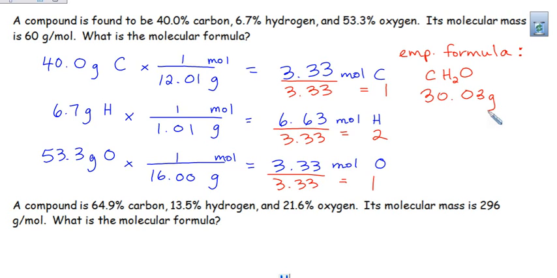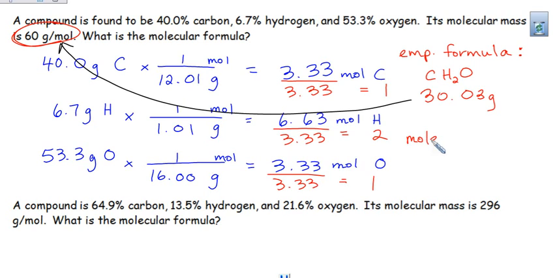They will always give you the true molecular mass. That has to be given. Its molecular mass, it's 60. So again, sometimes this isn't so bad. My little empirical mass was 30 grams per mole. The real compound should have a mass of 60. Let's just double it. So to get the molecular formula, we just need to double the empirical formula. So instead of the ratio being 1 to 1, we're going to make it